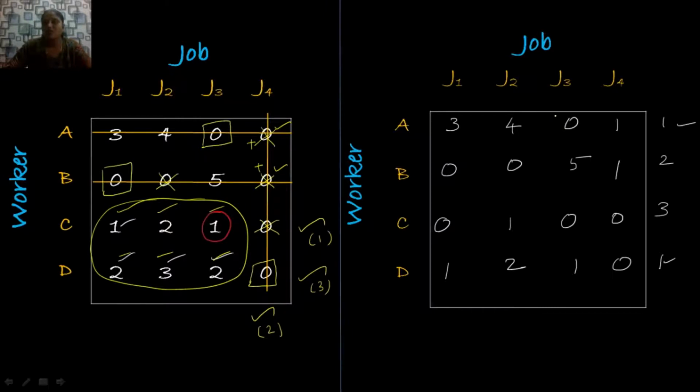Now I have to choose the first row for making my first assignment. So after making assignment, cross the remaining 0 elements in the same row and column. So row wise it doesn't have any 0 element, column wise it has only 1 zero. So I have to cross the 0 element. After doing this, the third row has only 2 zeros, and for the last row I am going to give the next assignment.